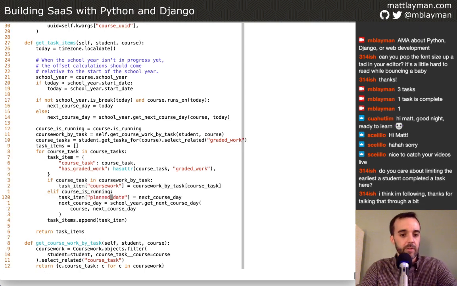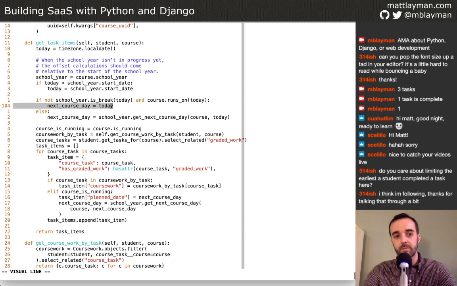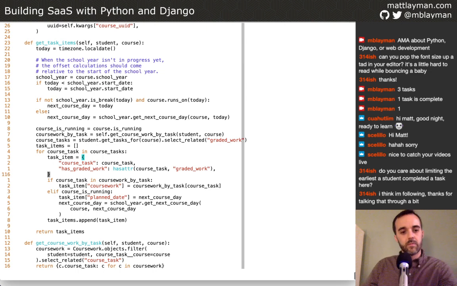And so if we consider this example, consider where this started. So next course day was set to either today or I don't know which, well, let's see, it wasn't a break and it runs on today. The course runs today. So the next course day was today. And that's fine to start, but what should have happened is that in here, we should have said something like,